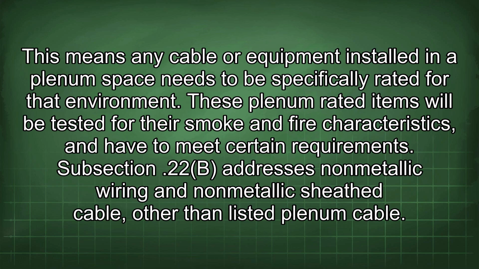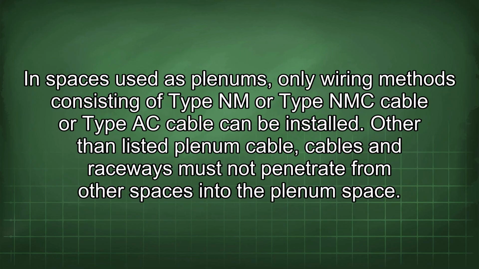These plenum-rated items will be tested for their smoke and fire characteristics and have to meet certain requirements. Subsection 22b addresses non-metallic wiring and non-metallic sheath cable, other than listed plenum cable. In spaces used as plenums, only wiring methods consisting of Type NM or Type NMC cable or Type AC cable can be installed. Other than listed plenum cable, cables and raceways must not penetrate from other spaces into the plenum